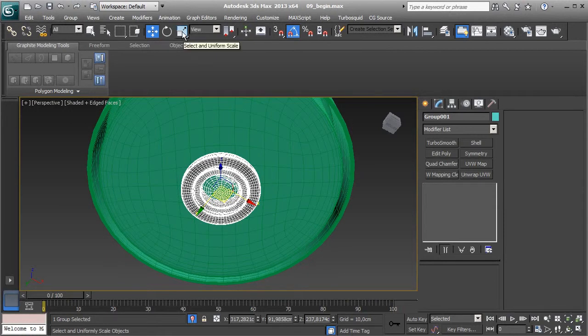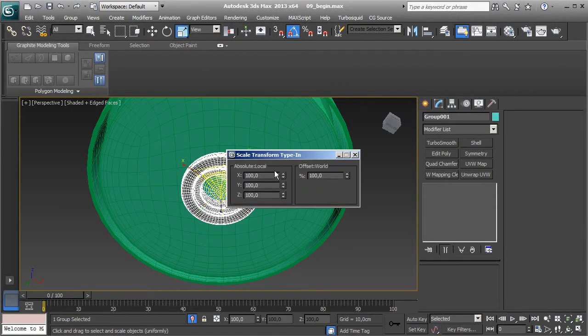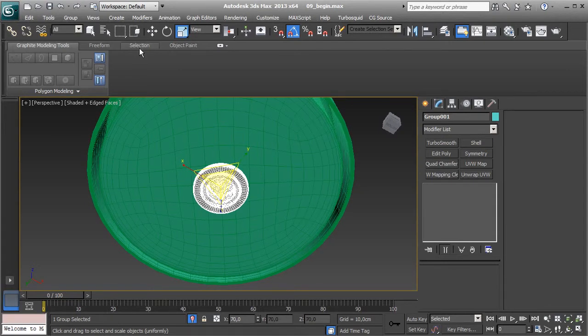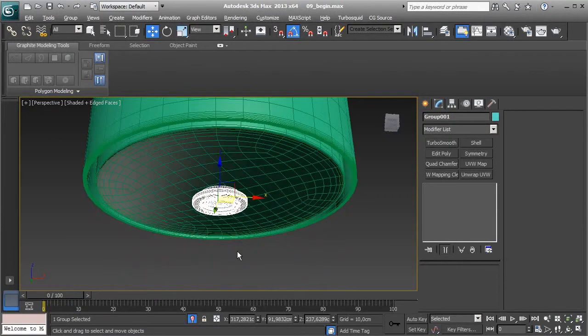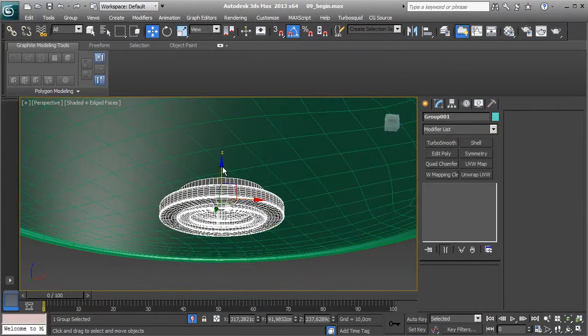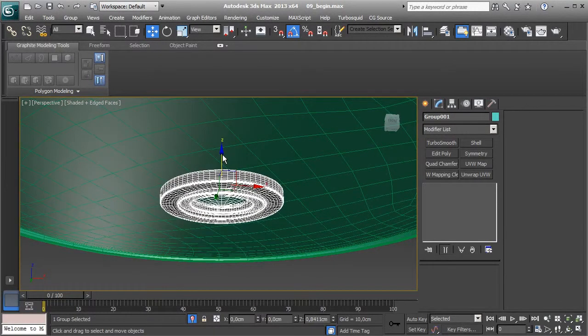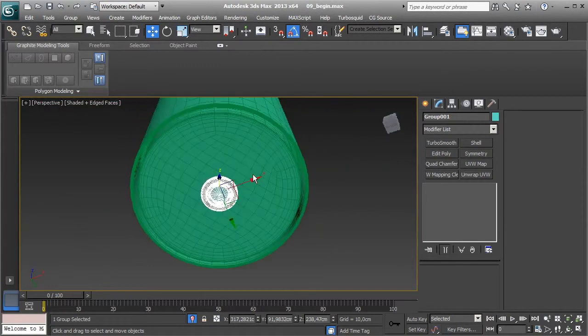Right click on scale symbol and let's type in 65. Okay, actually let's turn it back to 70. Okay, now we can push that up slightly like that,